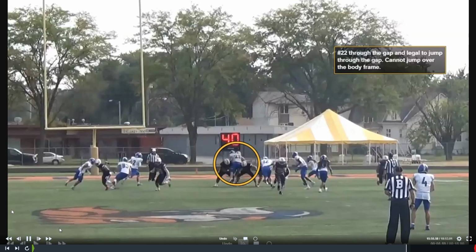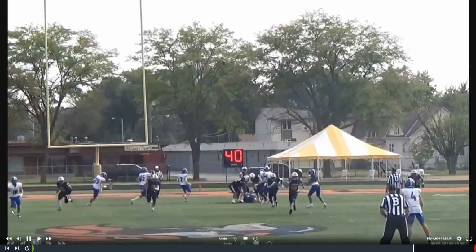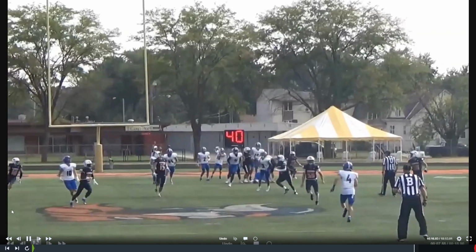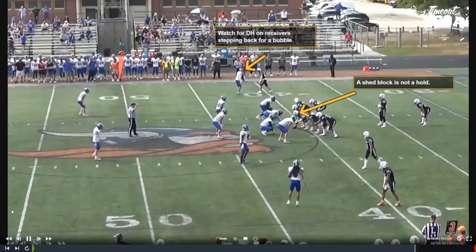And remember, if you have a leaping foul, just like a roughing or running into or roughing the snapper, or lined up over the snapper, those are all fouls that are not PSK fouls. So if we did have a foul on this play, it would not be able to be a PSK. It would have to be a previous spot enforcement. And if that's going over the shield, that's a personal foul, 15 yards, and it's an automatic first down.